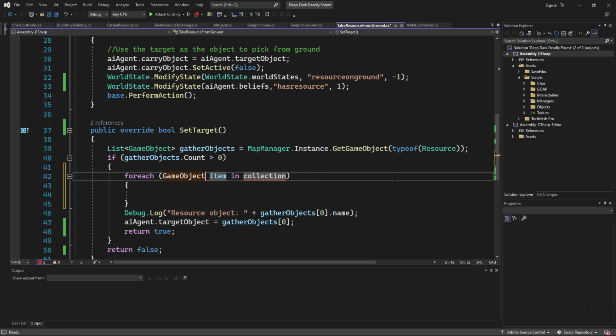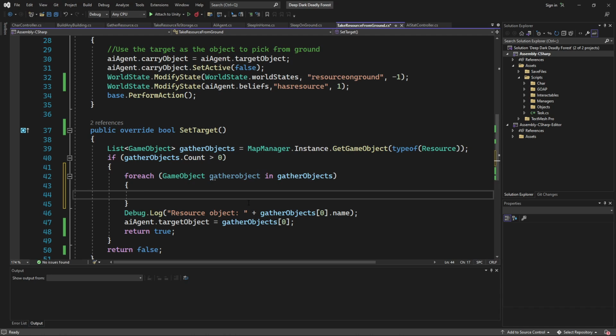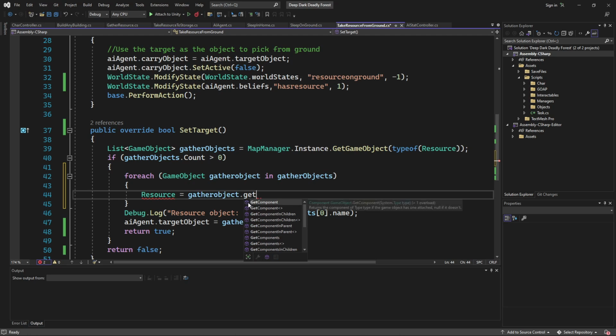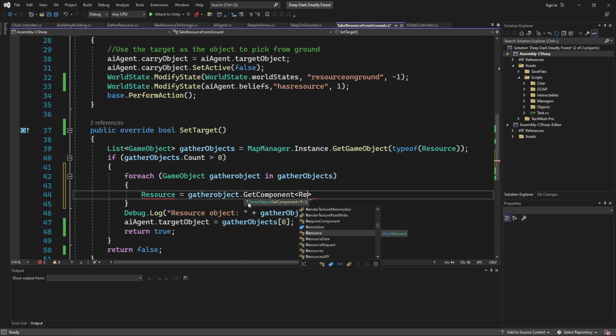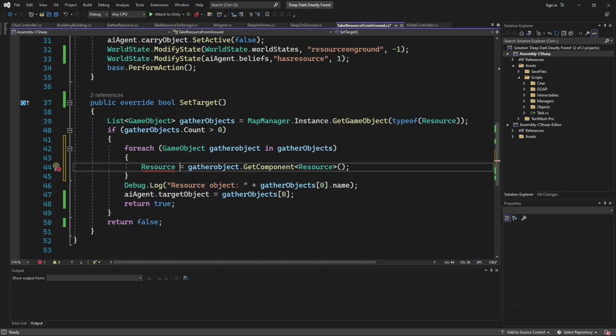For each game object, we'll call it gather object, in the gather objects. So we're going to loop through all of them. Resource is equal to gather object, like a component resource.